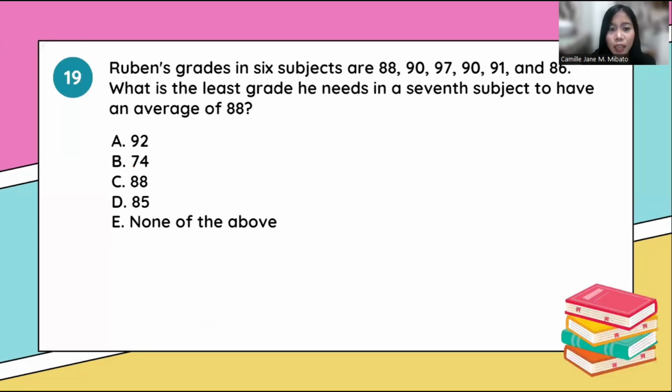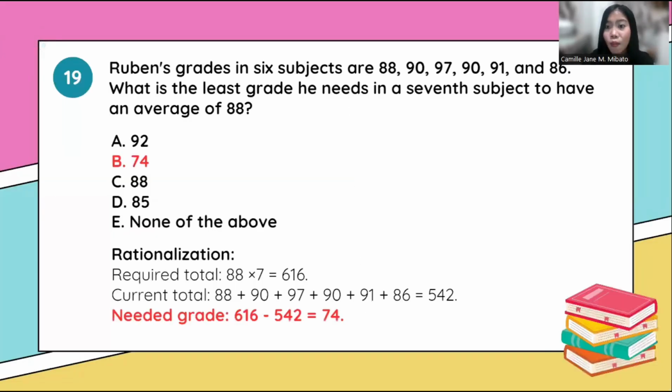Robin's grades in 6 subjects are 88, 90, 97, 90, 91, and 86. What is the largest grade he needs in a 7th subject to have an average of 88? A. 92, B. 74, C. 88, or letter D. 85. What do you think is the answer? It's letter B, 74. Kay ang required total dapat sa iyahang 7th subject is